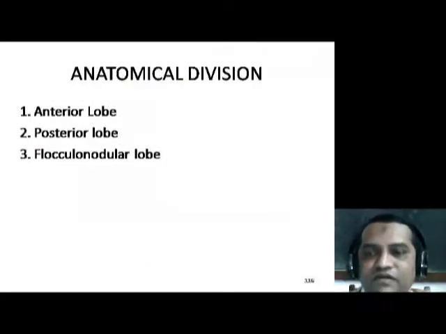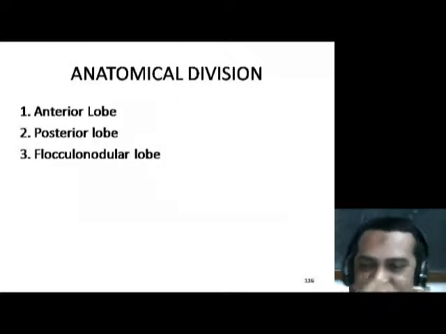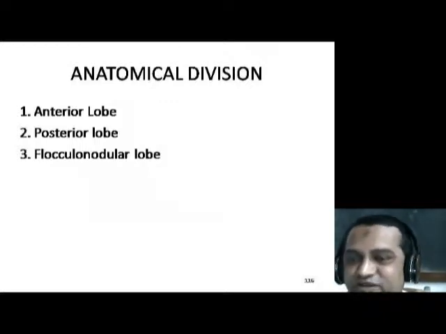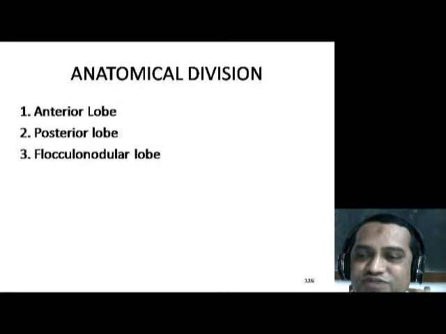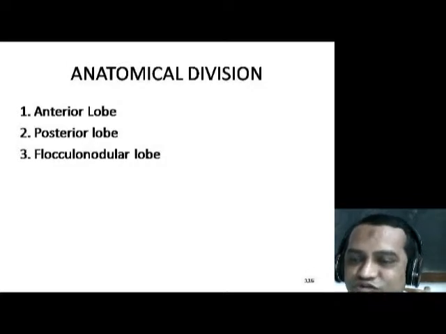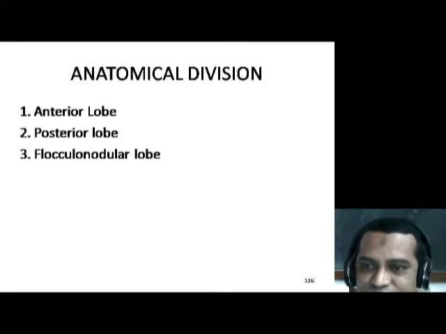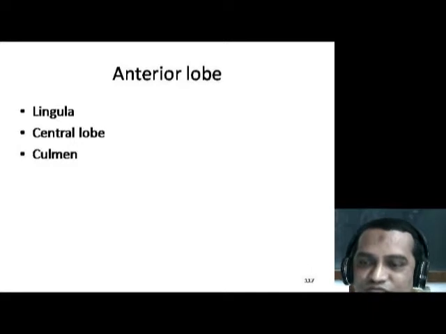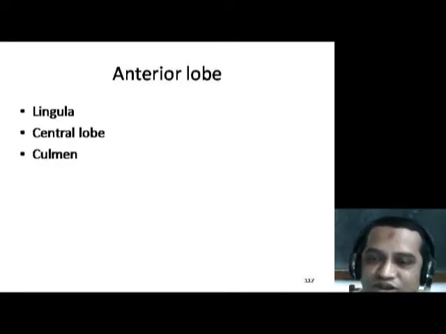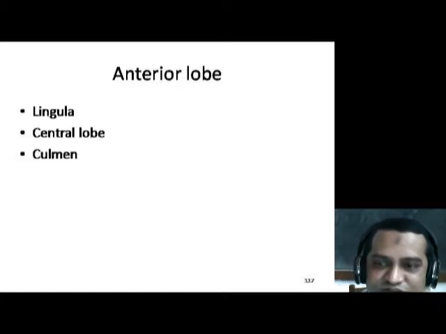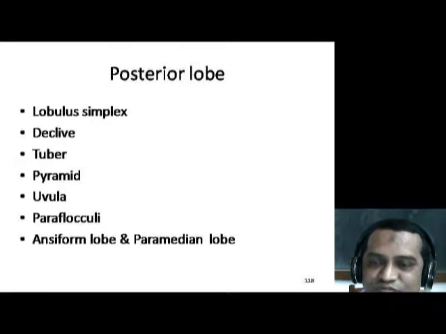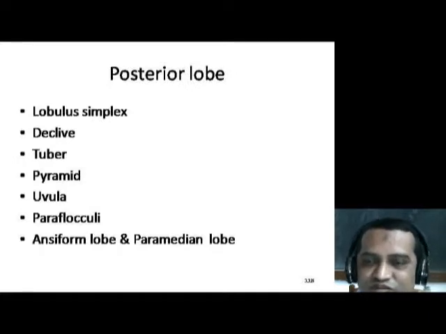The next one is about the fissures. There are 3 fissures on the vermis. One is called as primary fissure, prepyramidal fissure, and posterolateral fissure. You can see this one is a primary fissure. Fissure means there is a gap here. Then prepyramidal fissure. This one is prepyramidal fissure. And posterolateral. This one is posterolateral fissure. So these are the 3 fissures. Okay. So this is about the 3 fissures of vermis.